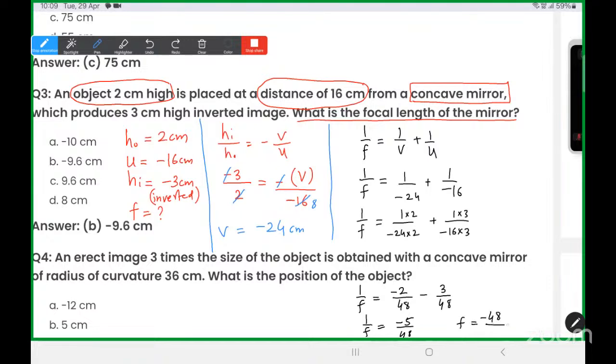अभी फोकल लेंथ निकाल लो। फोकल लेंथ कितना आएगा? -48/5। तो फोकल लेंथ की वैल्यू आ जाएगी -9.6 सेंटीमीटर। ठीक है, -9.6। देखो वो लोग 9.6 भी देते हैं ऑप्शन में, लेकिन -9.6 क्योंकि हमें कॉनकेव मिरर दिया हुआ है। कॉनकेव मिरर की फोकल लेंथ नेगेटिव होती है, नेगेटिव फोकल लेंथ। तो पॉजिटिव वाले फौरन कट कर देना है, पॉजिटिव आंसर आ ही नहीं सकता है। बोलो बच्चों, समझा क्या? इसका भी स्क्रीनशॉट लो जल्दी से।